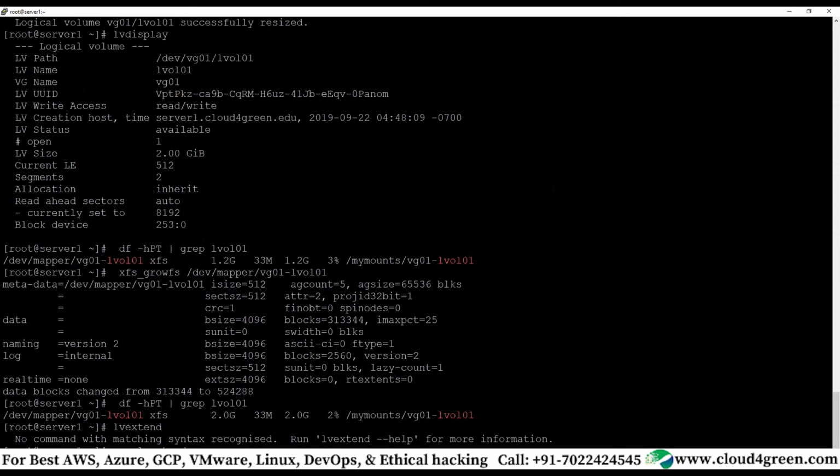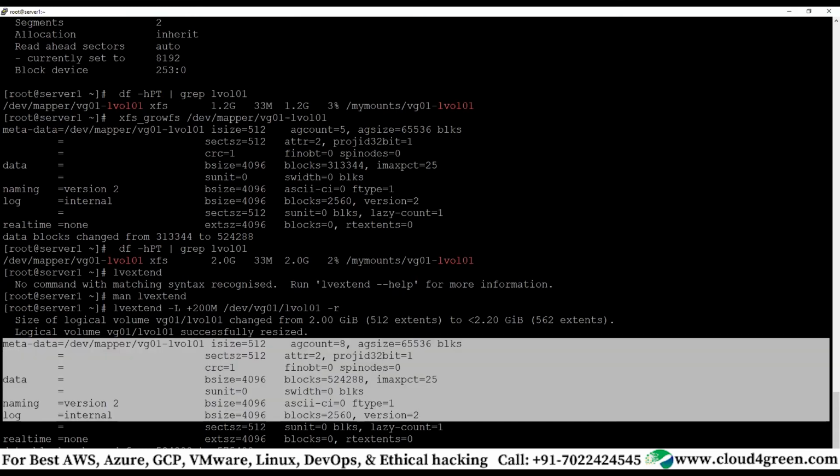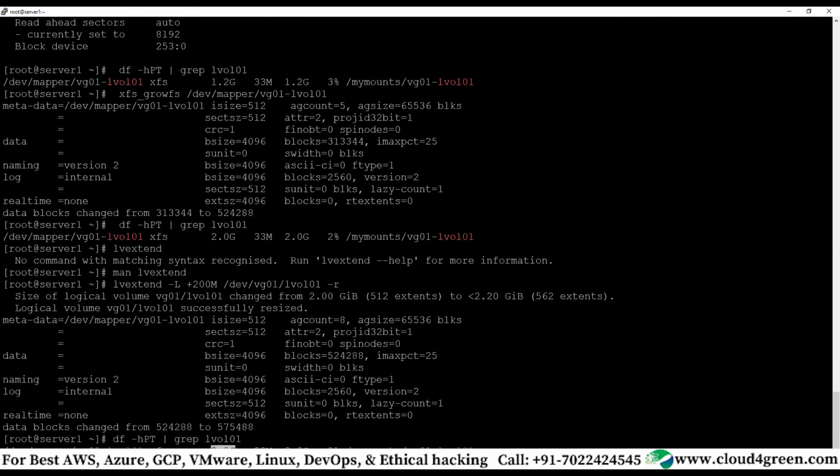Maybe now I'm adding another 200 MB to this lvextend. So along with this, you can use -r, a single command. You don't have to run xfs_growfs. So now what is the size? 2.2 GB. Enter. Clear? It has changed from 2 GB to 2.2 GB. It has also run xfs_growfs. Correct? So when I use this command, it is 2.2 GB. With a single command, you have resized the logical volume as well as the file system.